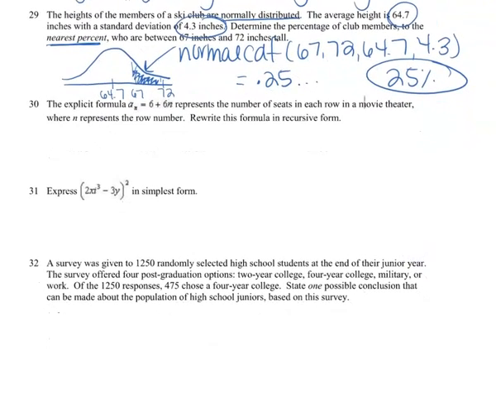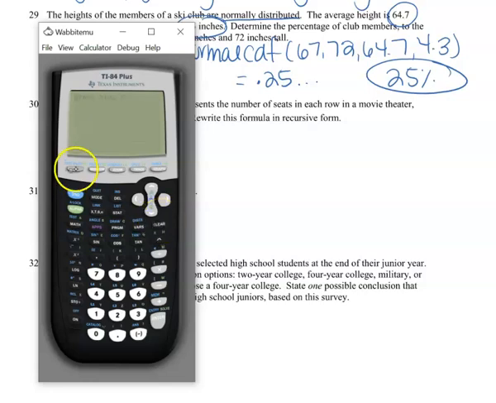All right, explicit formula, A sub n equals 6 plus 6n represents the number of seats in each row in a movie theater, where n represents the row number. Rewrite this in recursive form. Now, it's always a good idea just to get a gauge of what this even looks like. So if I go to my calculator and type in 6 plus 6x,